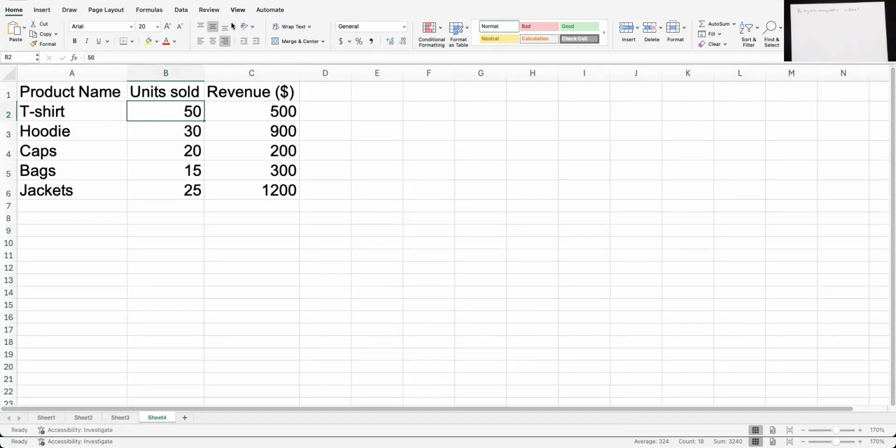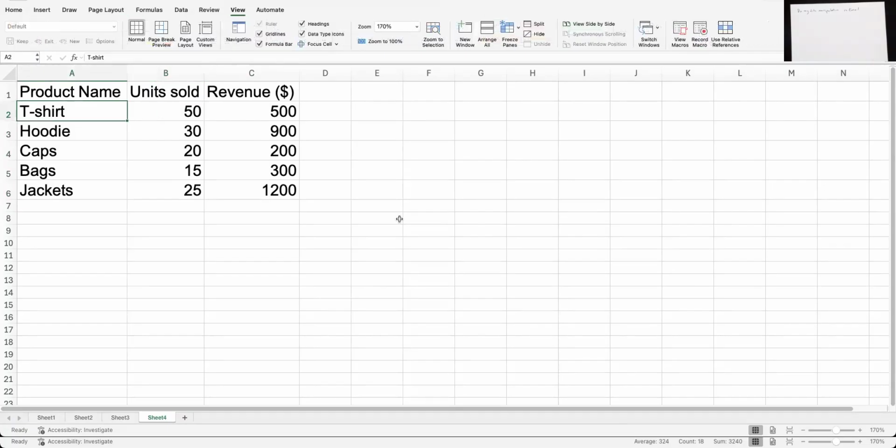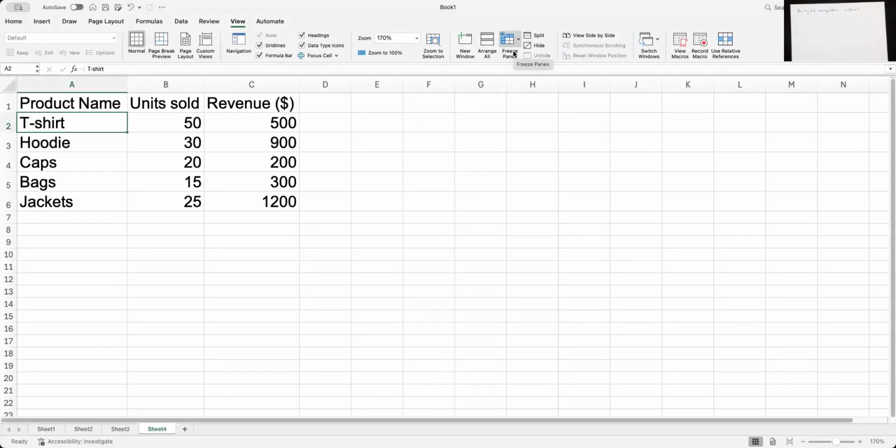Because I'm trying to preserve something about the view, I click on this View option. I'm trying to keep stuff at the top and the left in place. Looky here. It's even got the highlighted top row and the highlighted leftmost column. And it says Freeze Panes. If I click that,